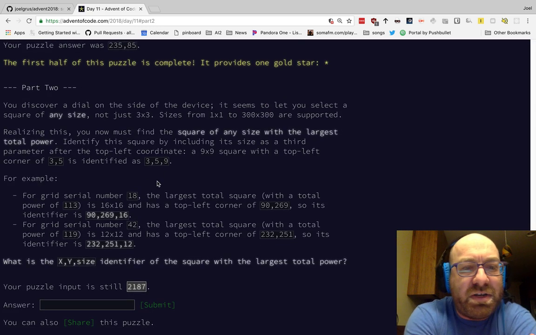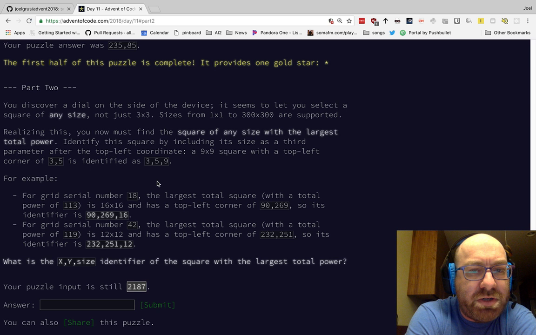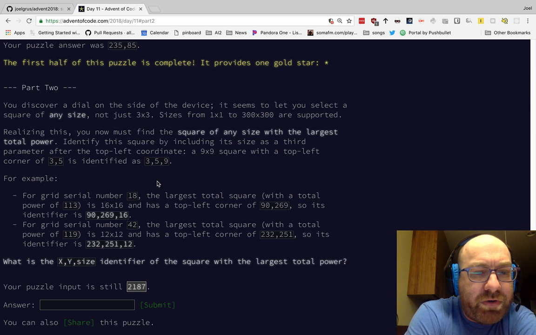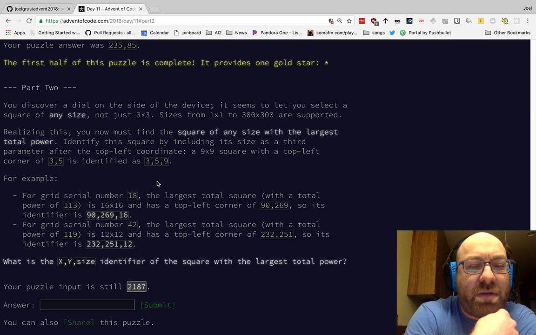Discover its dial on the side of the device. It seems that you select a square of any size, not just 3 by 3. Sizes from 1 by 1 to 300 by 300 are supported. Using this, you now must find the square of any size with the largest total power. Identify the square by including its size as the third parameter. For example, for grid serial number 18, the largest total square is 16 by 16 and has a top left corner of 90. So its identifier is that. For grid serial number 42,